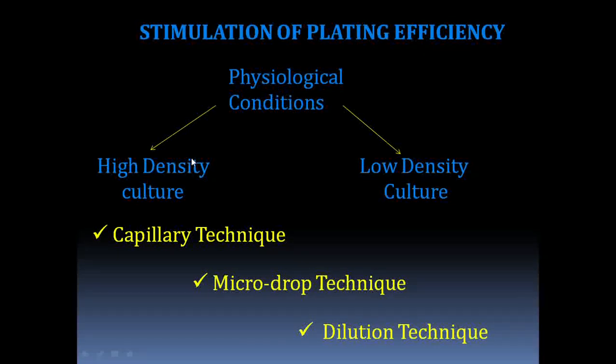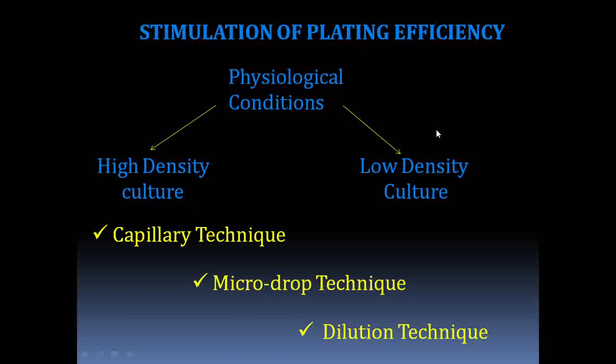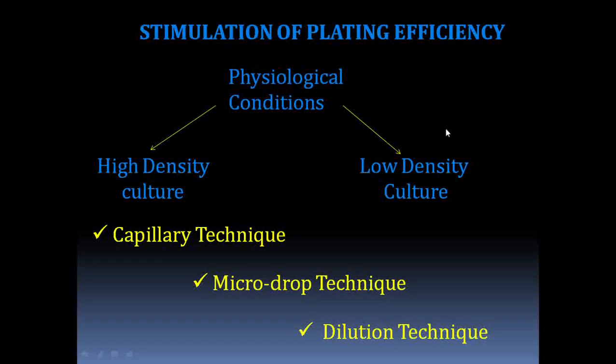But this case is not feasible at all in a low density culture. Why? Because they are distantly placed. One will be separated from the other with a great distance. So this great distance will obviously act as a disadvantage for the cells to diffuse anything and provide any nutrient that is lacking in the other. So this is what we studied, that physiological condition defines their rate. So in high density we can see the growth will be faster, in low density the growth won't be that fast.